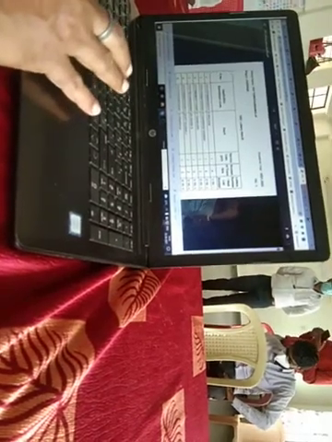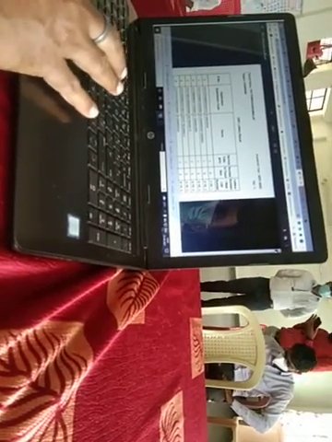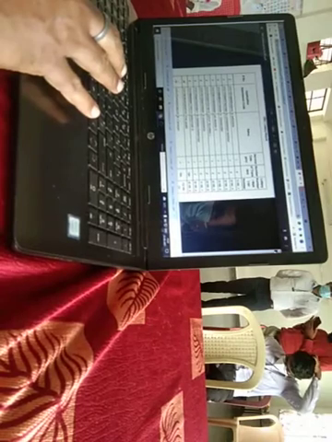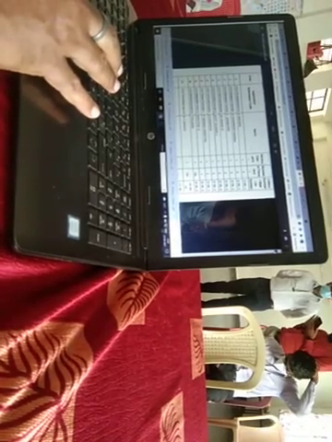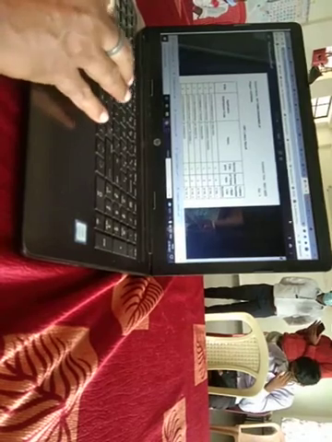This is the OBC lottery list. Waiting is 1, 2, 3, 4 and 5 line-wise. If any shortfall under OBC category, then we will provide admission from this list only.